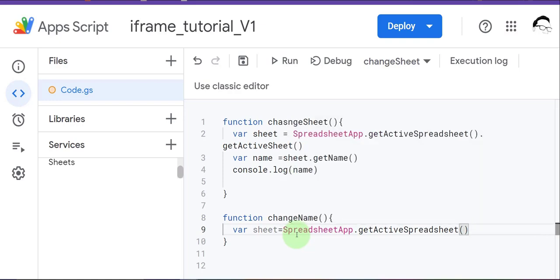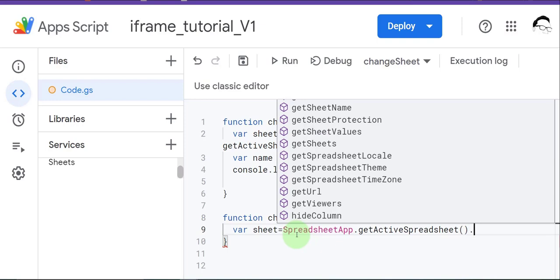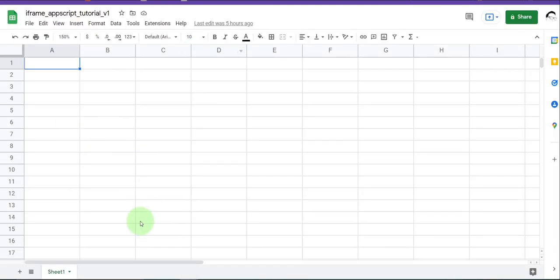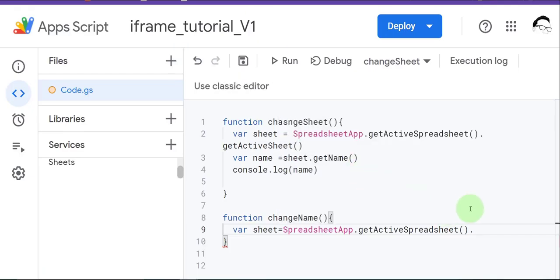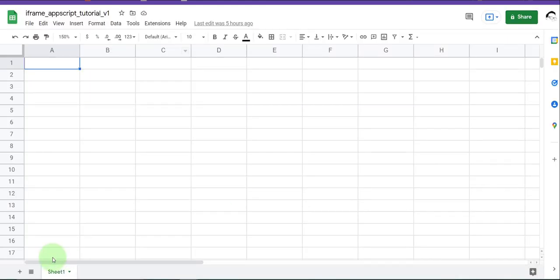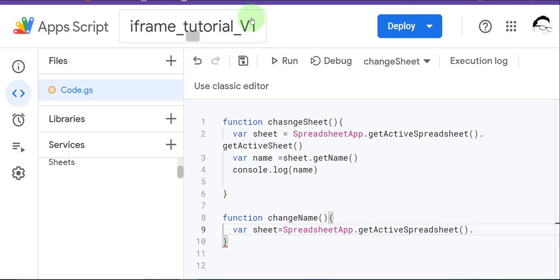And if we put a dot right after here, we will be able to see a list of methods, and they will help us or enable us to do certain things over this particular sheet. So this time we are going to get this sheet by the name of this sheet, which is Sheet1. So let's write getSheetByName,